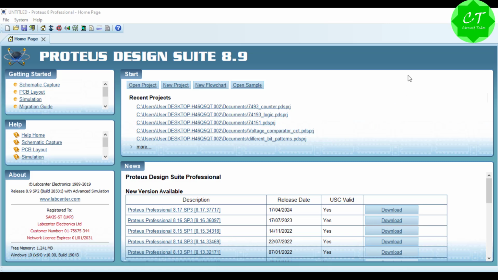Hello everyone, so today we are going to start learning Proteus. You can see Proteus Design Suite 8.9, and this is the recent projects, and this is the getting started. There are different menus: schematic capture, PCB layout, simulation. There are different options. We use Proteus to simulate circuits